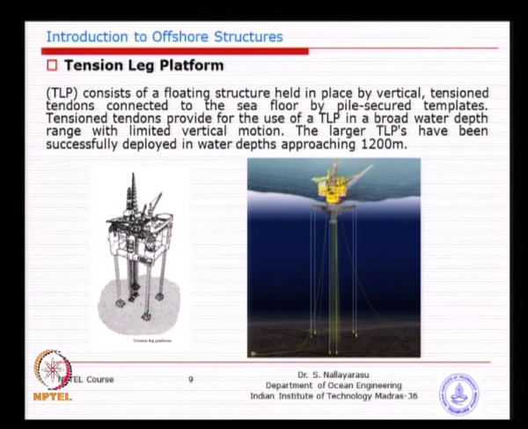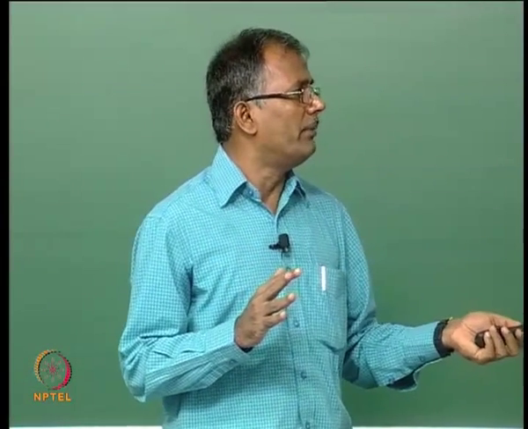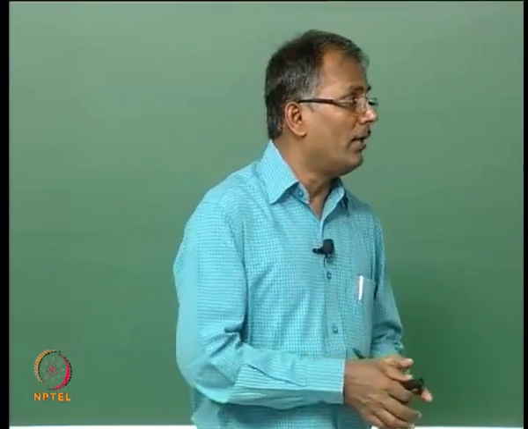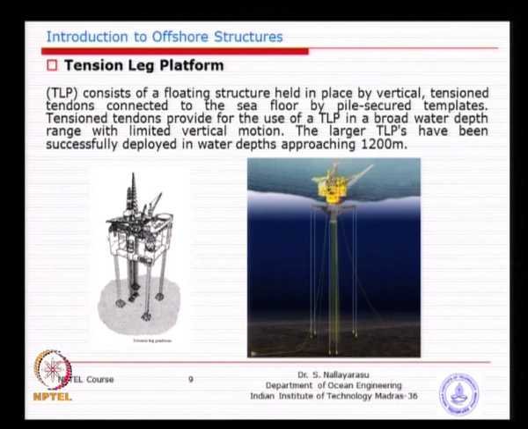So, the load balancing for both of them is: weight is smaller, buoyancy is larger, and the larger the buoyancy, the more will be the tension in the tether lines. So, basically that is the idea behind it, and horizontal stability is achieved by means of the tether movement. Basically there will always be a delta movement horizontally, because you do not have inclined mooring lines, all of them are held vertical, and this is very good for drilling, because most of the problem for drilling is the vertical movement. As you can see, heave movement is going to be a bigger problem.